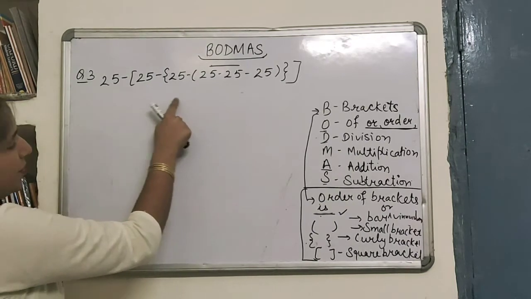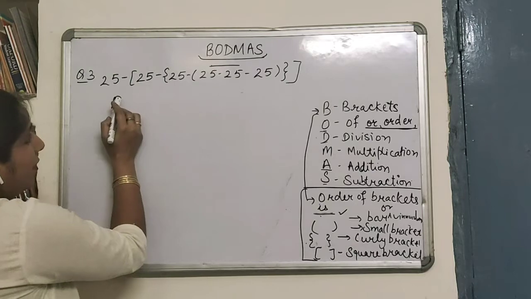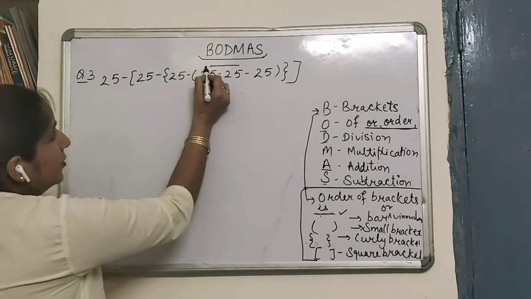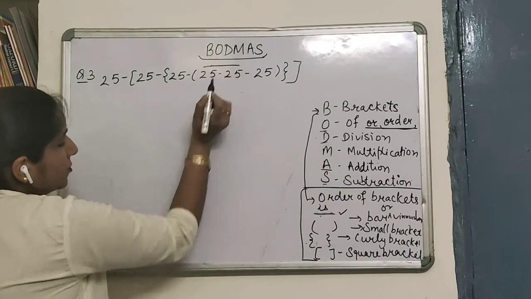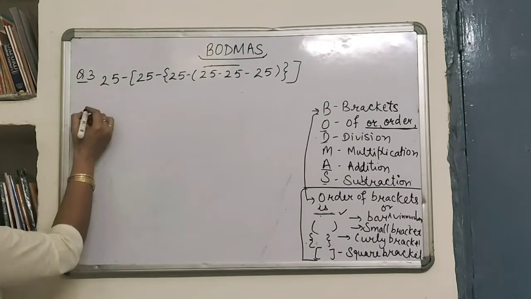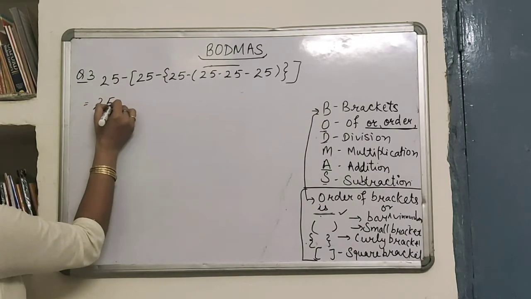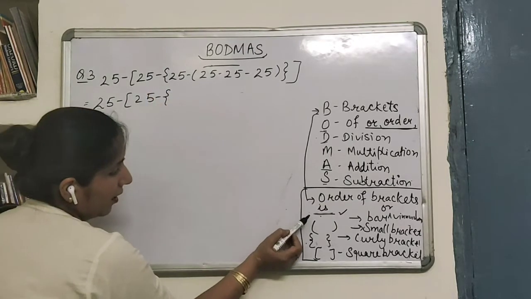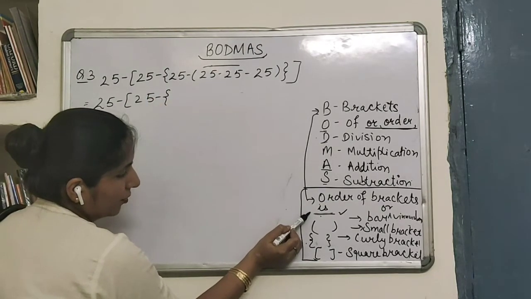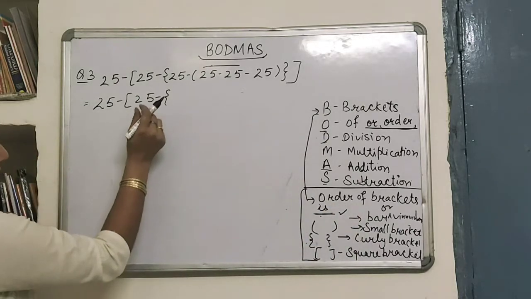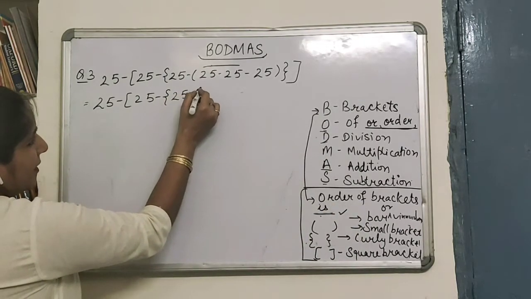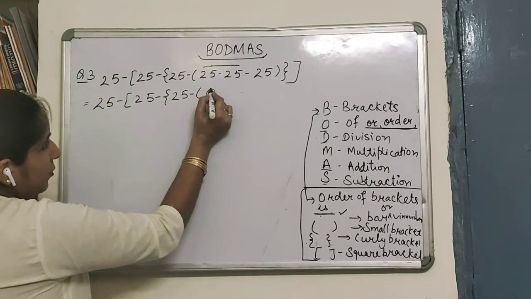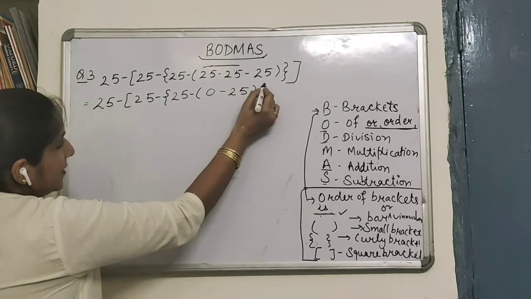Now I am solving this question in front of you in which we have taken all 4 brackets, to make you understand how we use the vinculum or the bar also, so I have taken this question for you. Again the method will be the same. First of all I am solving the smallest bracket. What is the order? First we need to solve the bar or the vinculum. So where is the bar present? Here, 25 minus 25. So what is 25 minus 25? It will be 0. So other things keep the same.